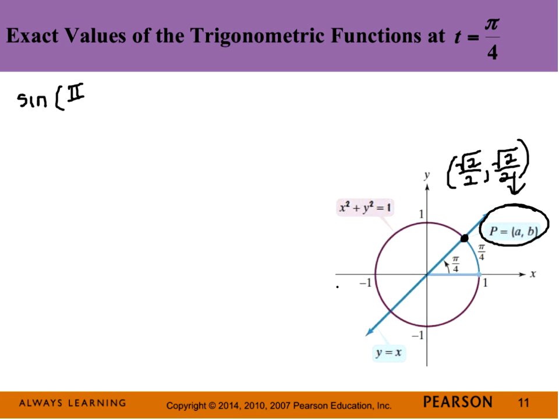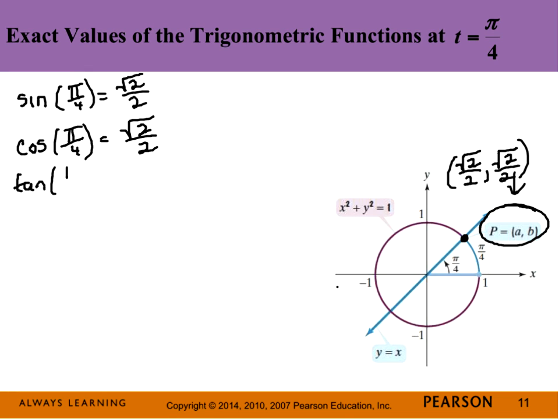So the sine of pi over 4 is the y-coordinate. Well, once again, it's not the actual coordinate, it's that length from the x-axis or the terminal side of the angle up to the circle. So the cosine of pi over 4 is the x, square root of 2 over 2. The tangent gets a little more interesting, of pi over 4. So that's y over x,